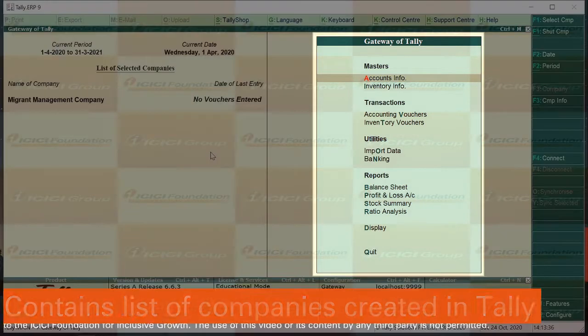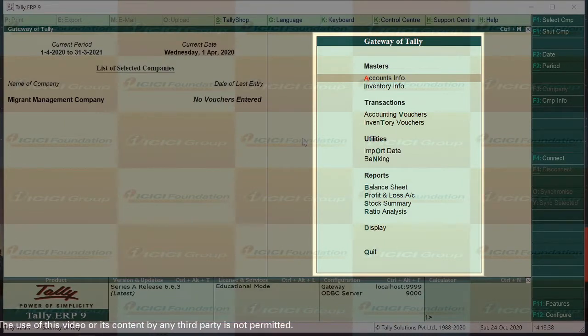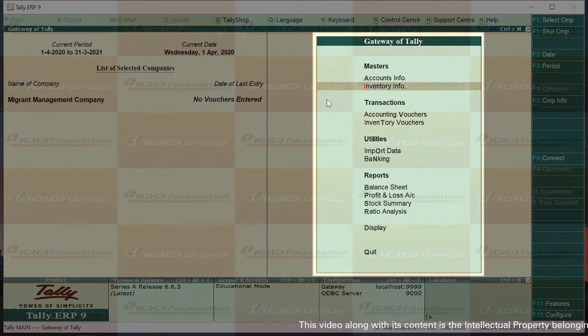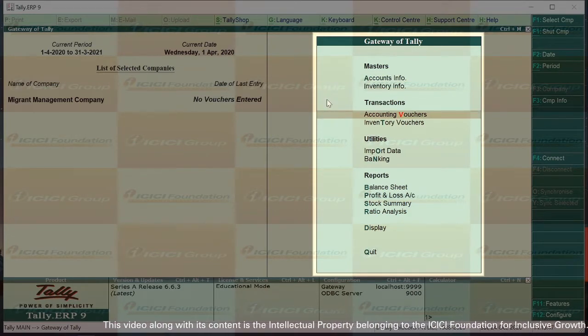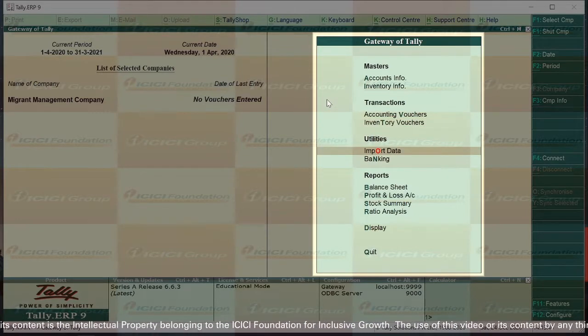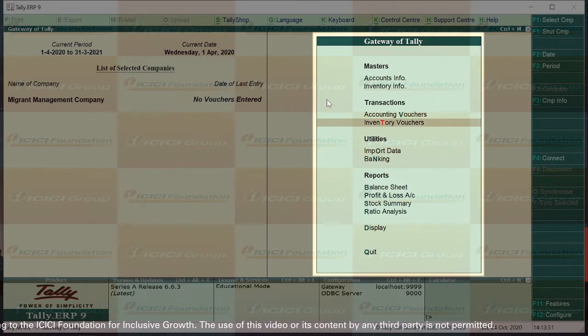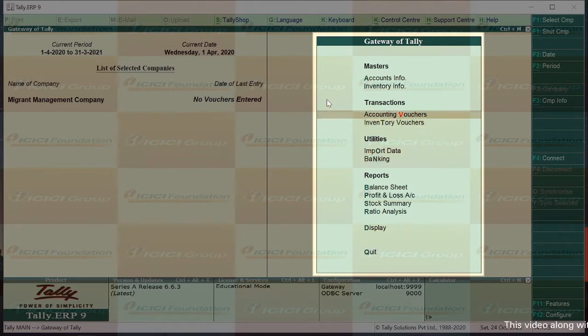At the right pane we can see Gateway of Tally, which has different functions like accounts info, inventory info, accounting vouchers, import data, etc. As I am moving up and down with the help of arrow keys on these functions, you can see one alphabet out of these names getting highlighted in red color.